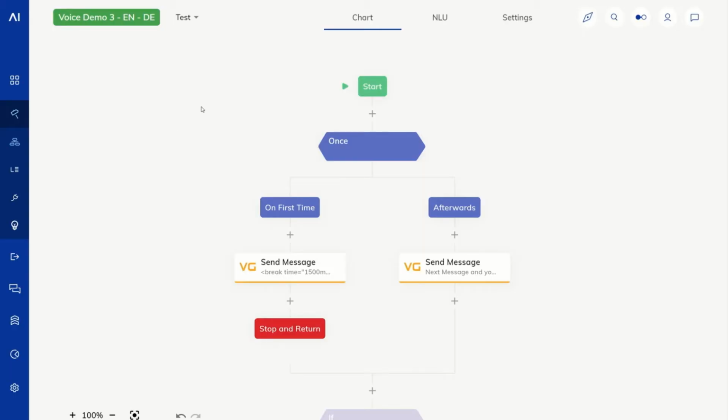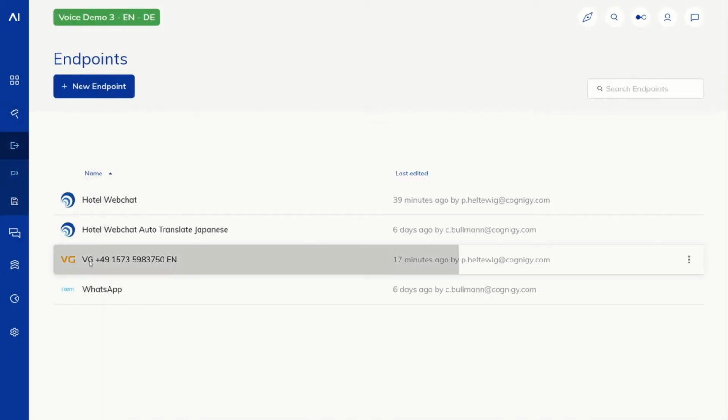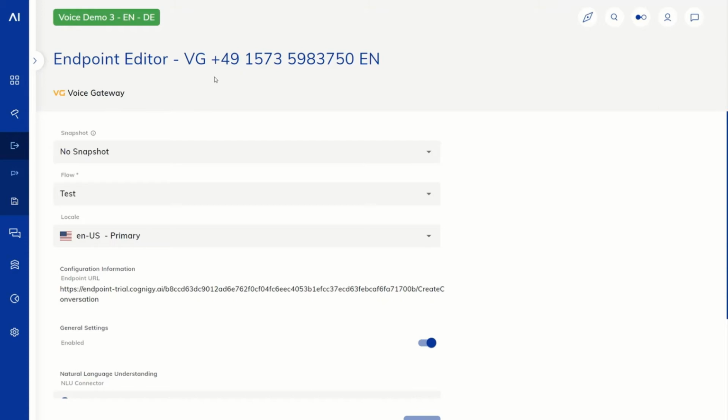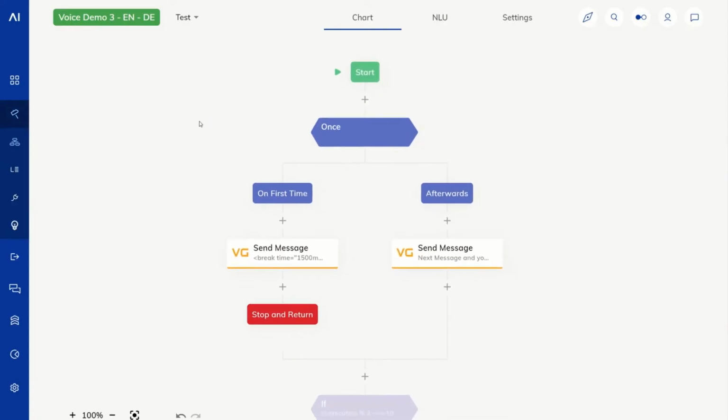So what we have here is a Cognigy flow that is connected to the Voice Gateway using what we call an endpoint. We've created a Voice Gateway endpoint, and when someone calls this number here, then it lands on this flow, and that's the conversation we're having. We've started by putting in a once node, which is a node that only once at the beginning of the session goes through this on first time branch, and then it goes through this one afterwards.